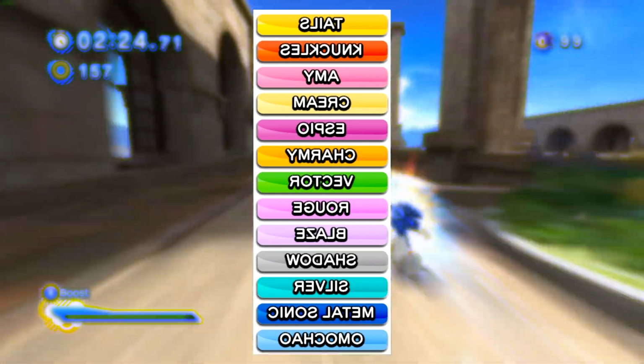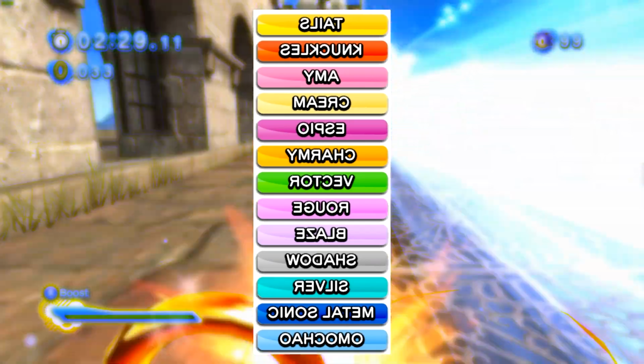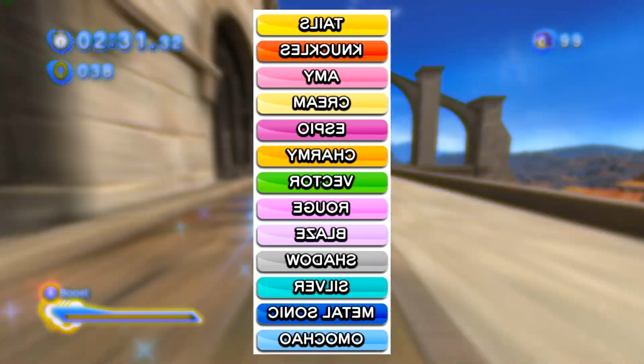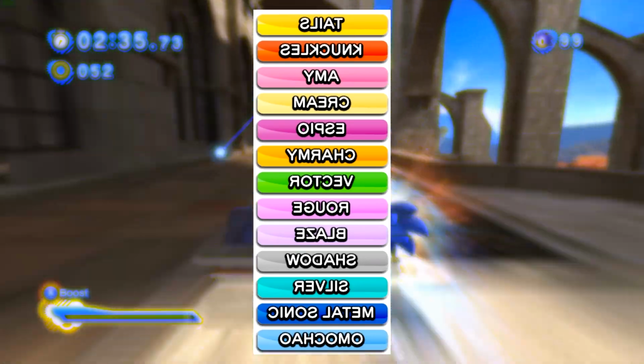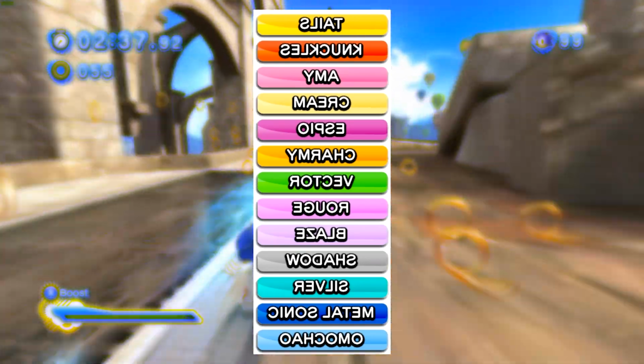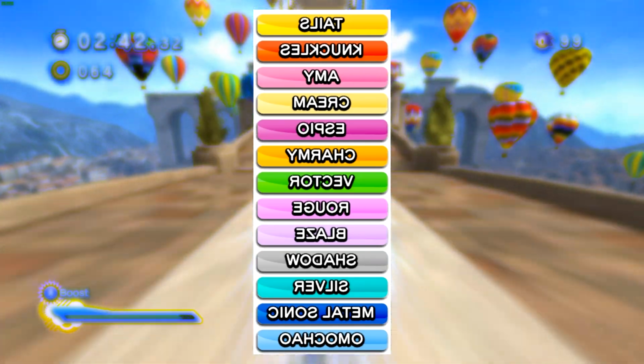In one of the Time Eater's game files, there exist several mirrored images of the characters' names in different languages, each printed on a color header matching the character's primary color scheme. These images even include headers for Metal Sonic and Omo Chao, even though neither of these characters appeared for the